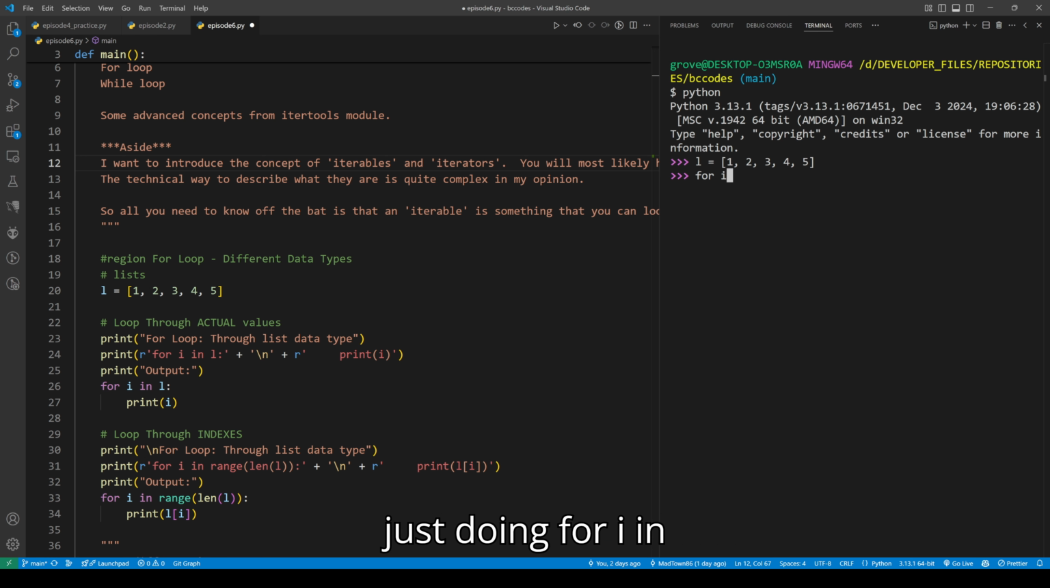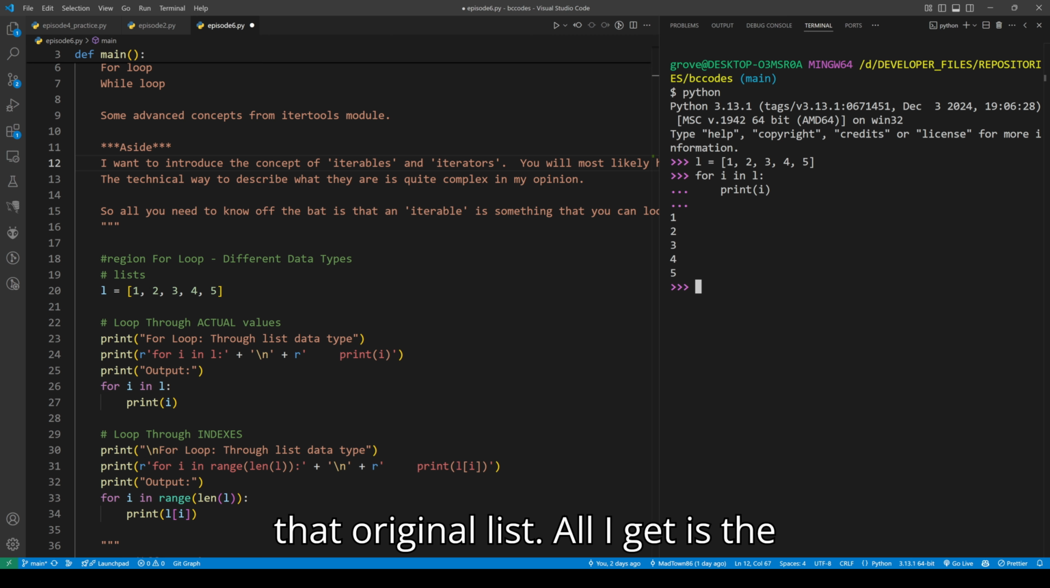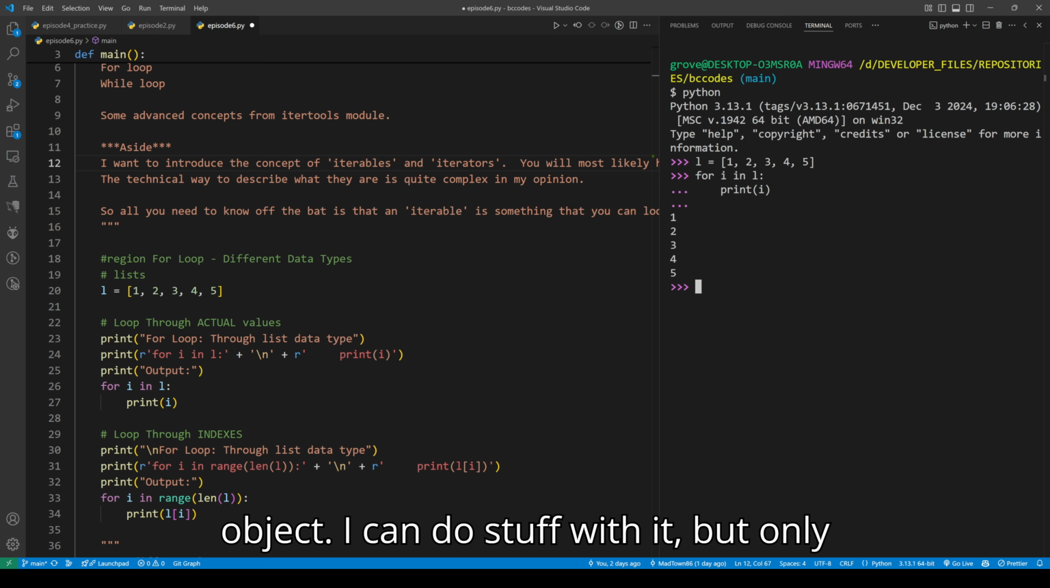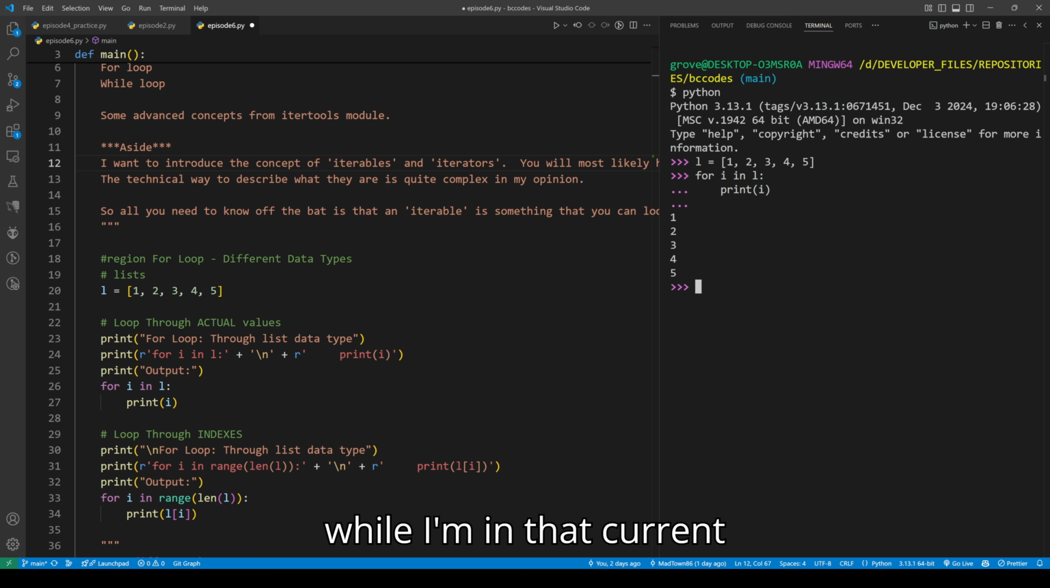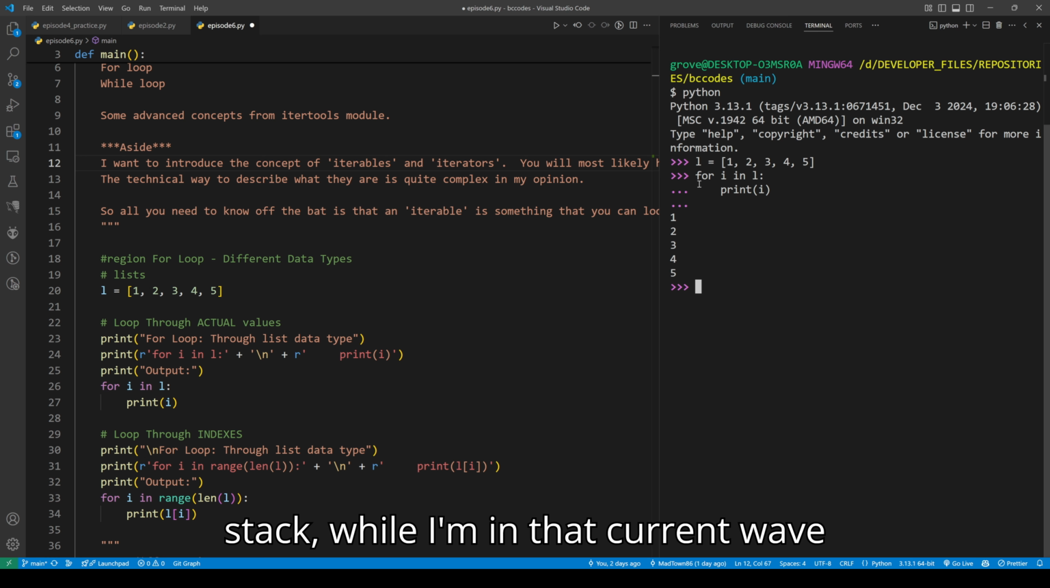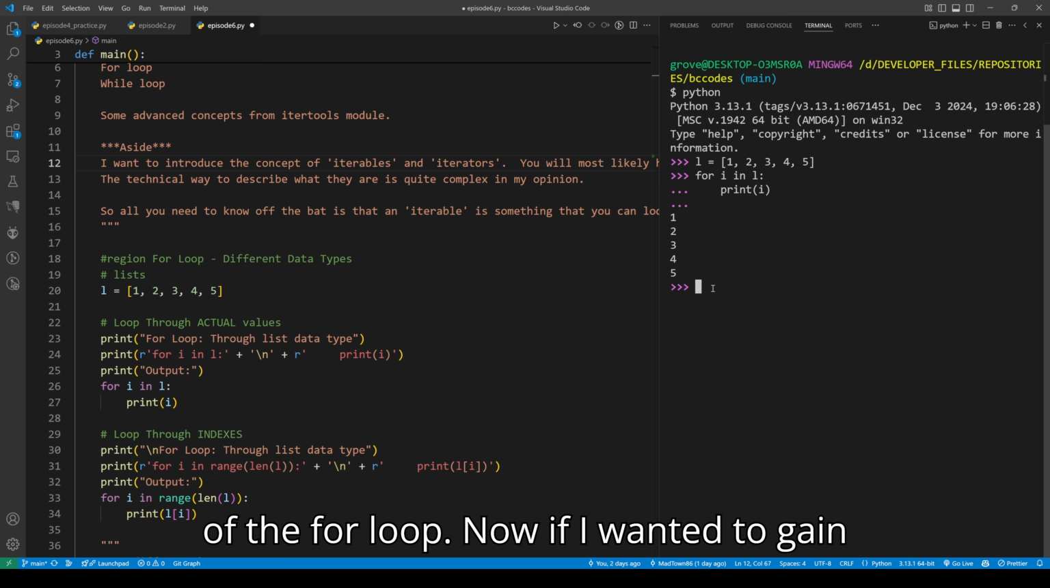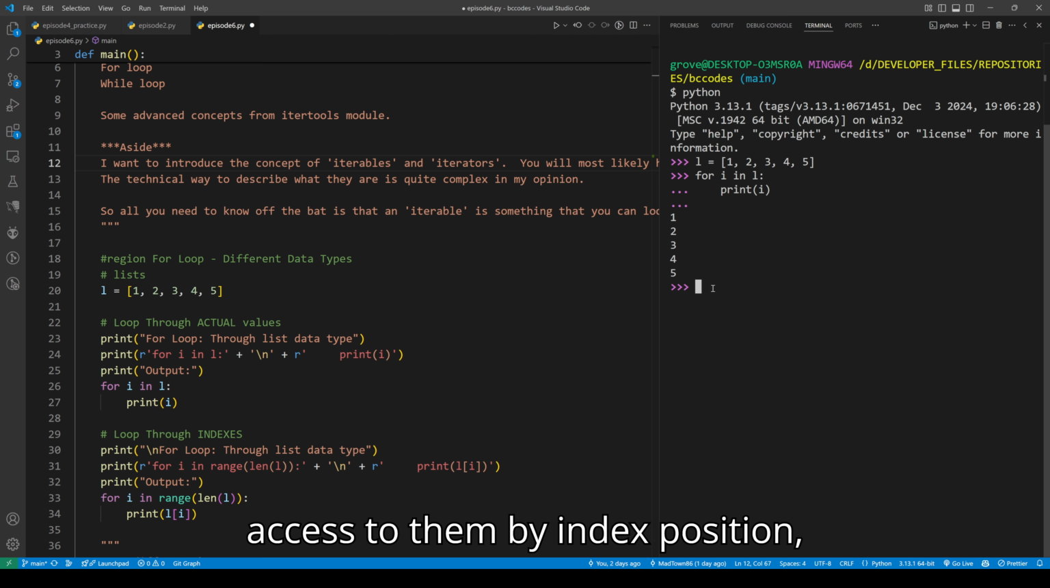So it'd be more difficult to try to alter that original list. All I get is the object. I can do stuff with it, but only while I'm in that current stack, while I'm in that current wave of the for loop. Now if I wanted to gain access to them by index position, where I can get the index position to rearrange or change the value in the original list, while having access to that value,